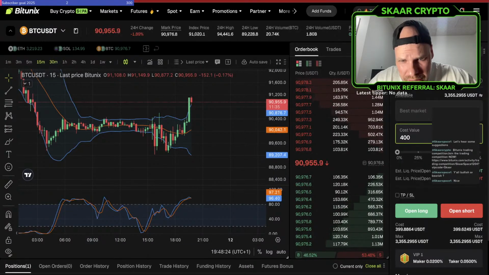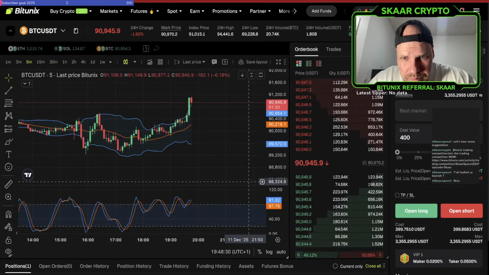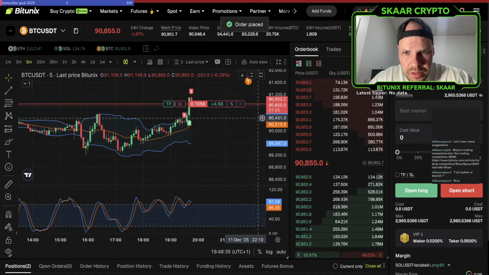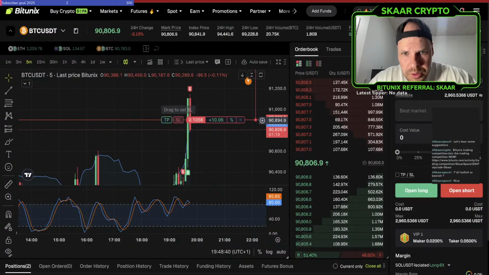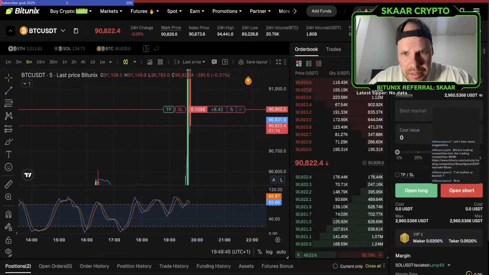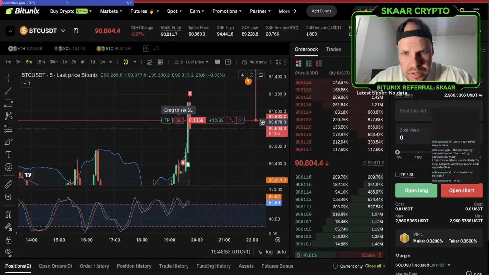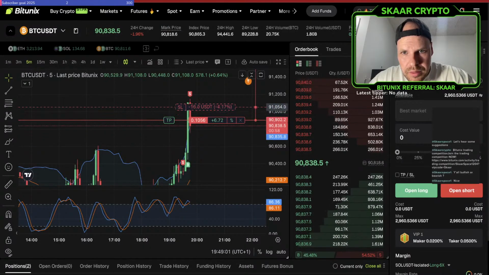It does look like we could have a stall from this big leg happening. I'm going to put it on here and just say fuck it, we ball, and then I hope that this move is sustained substantially. What I usually do is when I hit a trade that I like and I'm at a comfortable take profit level, like if we went all the way down here, I would maybe trail my stop loss. Yeah, I will start doing this, taking it down here. But right now I'm going to say